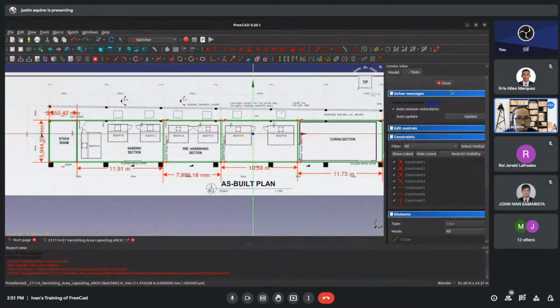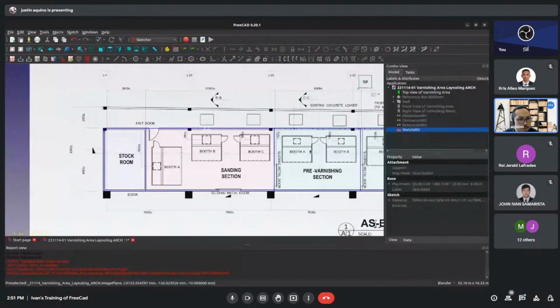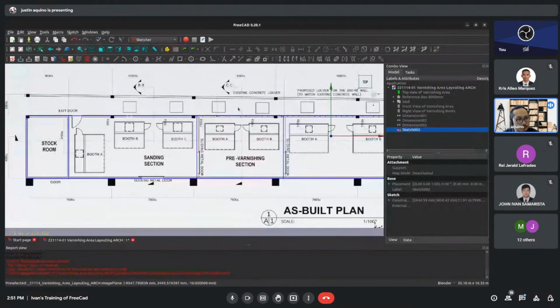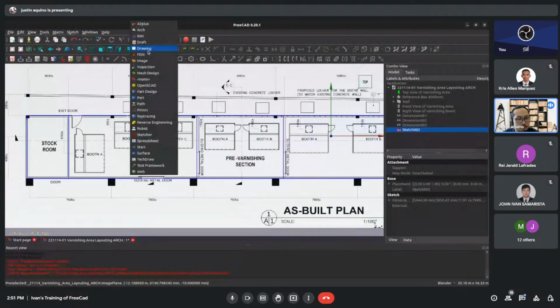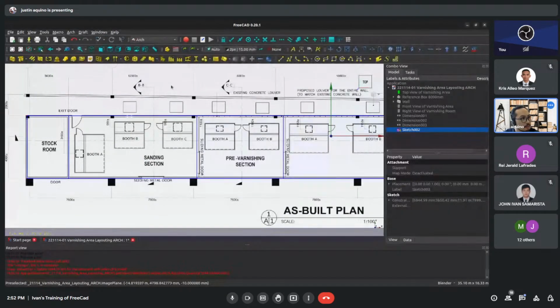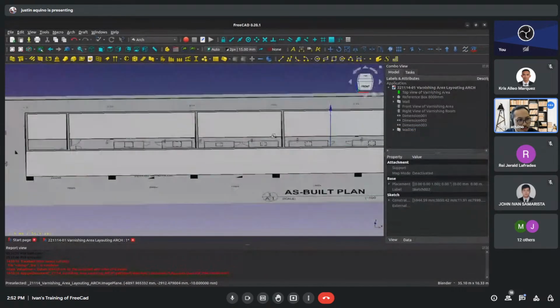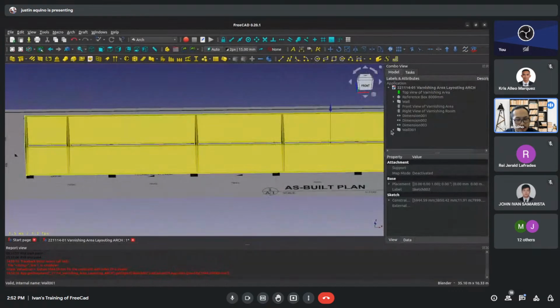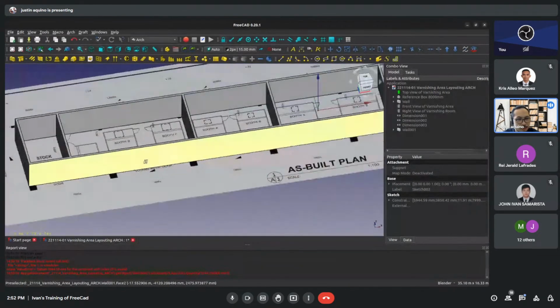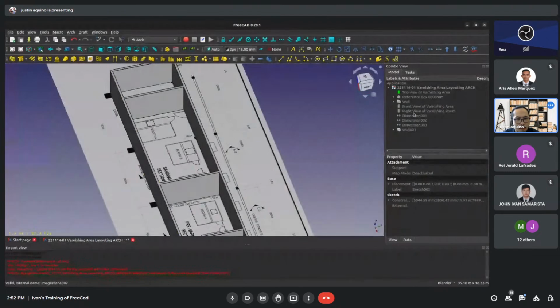Okay, we have this. Then having made the sketch, I already have a wall. I'm doing it again. And since you have access to the file, you just go to Arch, and having selected the wall, you just click wall, and you have your wall. One of the things I discovered was the height was not